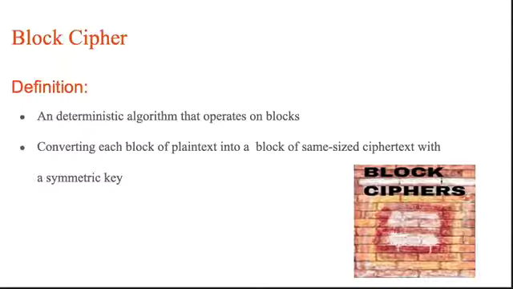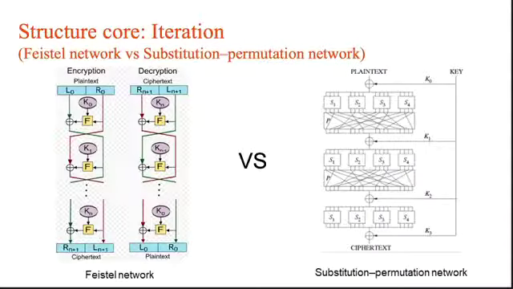Block cipher converts each block of plain text into a block of same-sized cipher text with a symmetric key. For most block cipher algorithms, they use iteration in encryption and decryption. Iteration refers to a run that repeats the application of an invertible conversion. There are two famous iterated block ciphers. One is the substitution permutation network, which applies alternating runs that use substitution and permutation to yield a corresponding block of